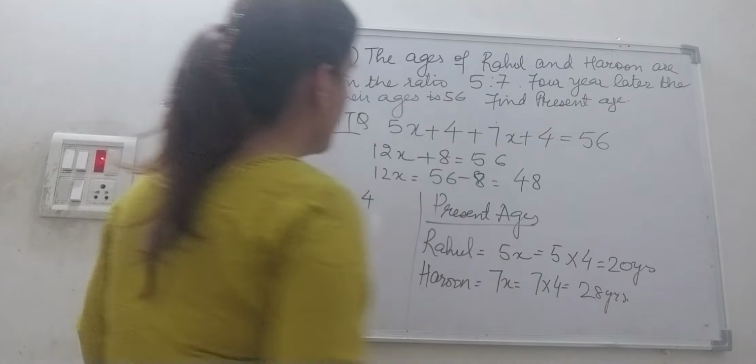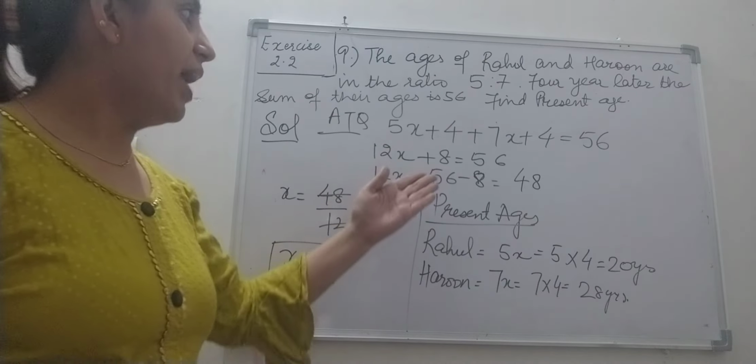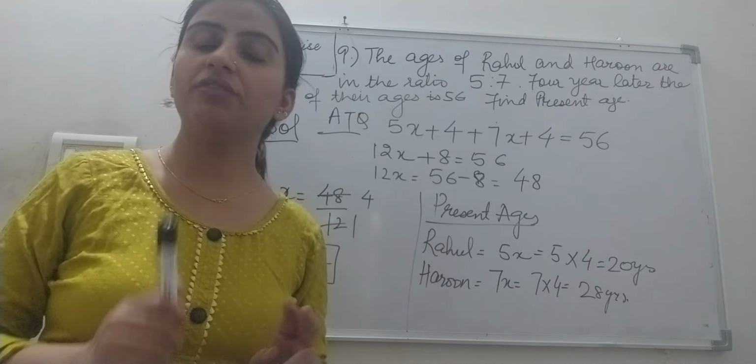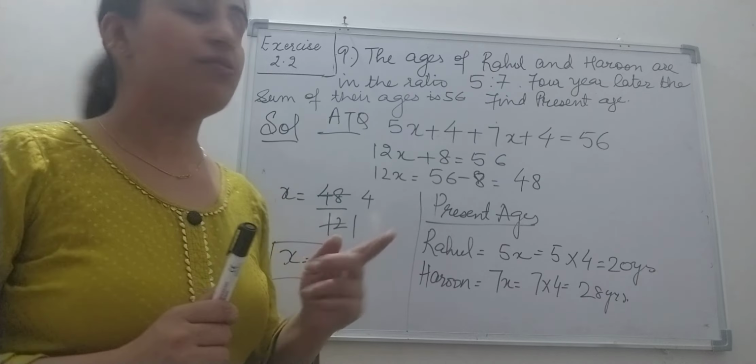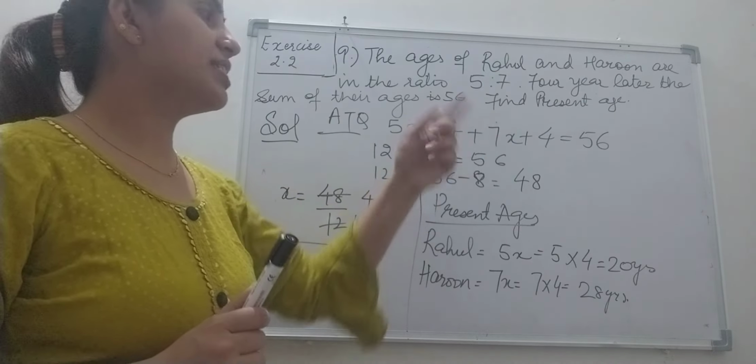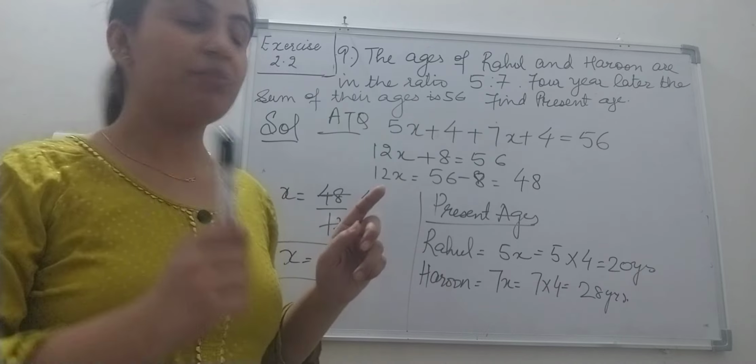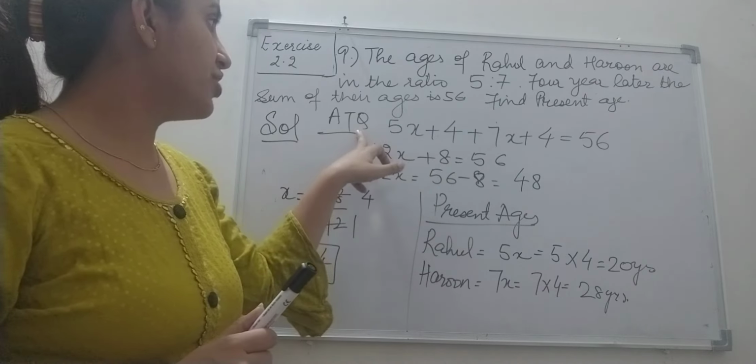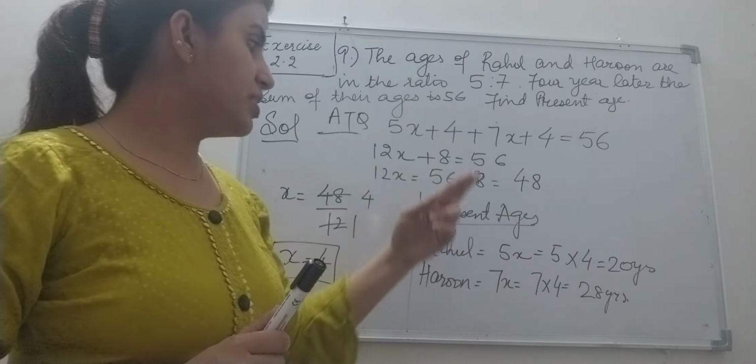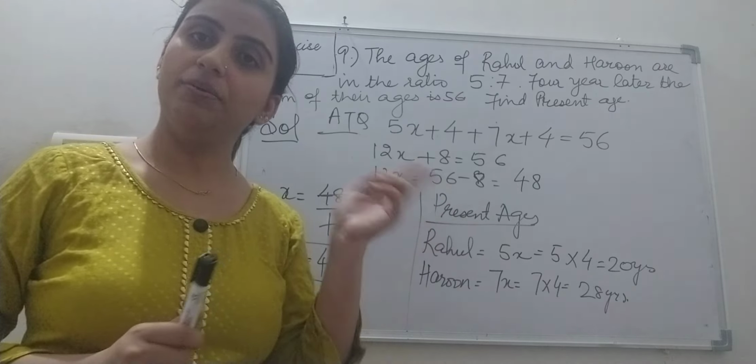Okay class, listen. In this question, one step back when I have not erased, if the ratio I have taken 5:4, please convert it into 5:7, 5x and 7x. That was by mistake. I have changed it from this step, but in the previous steps also you can change it to 5x and 7x.